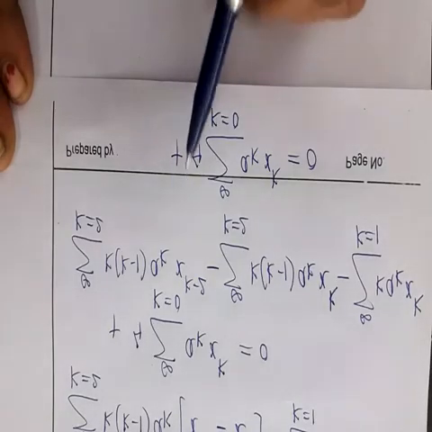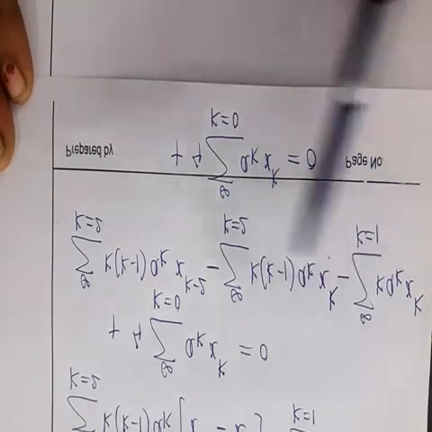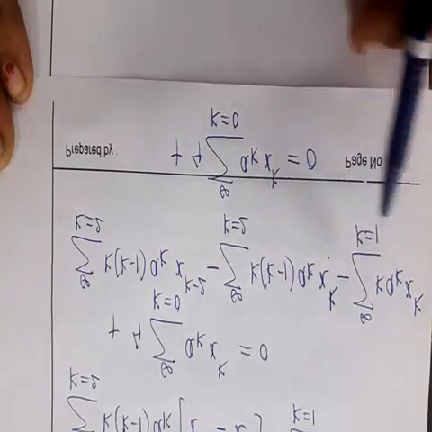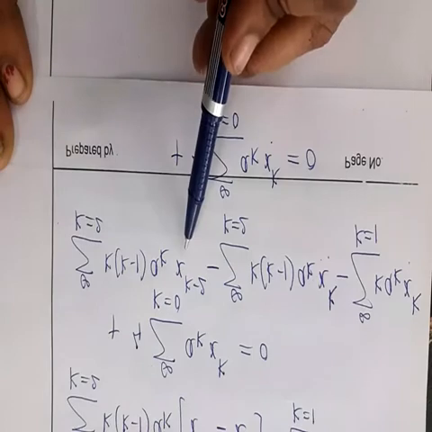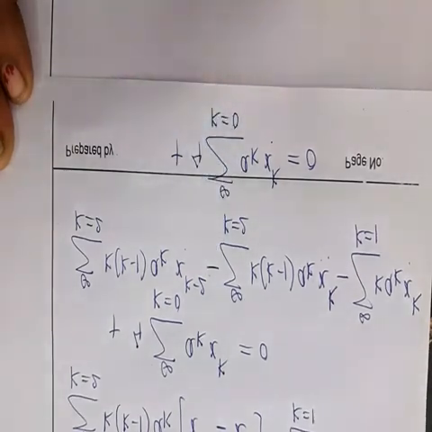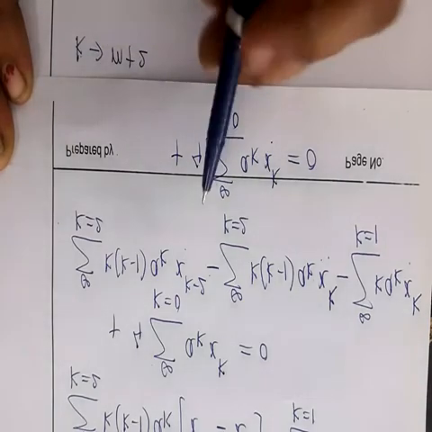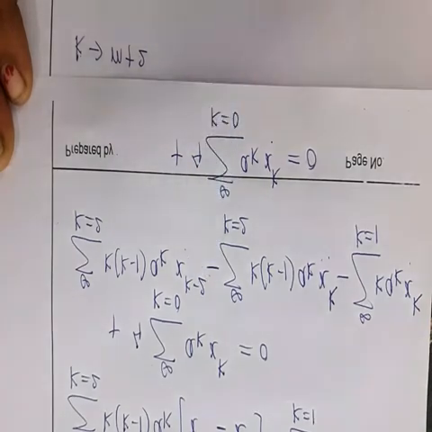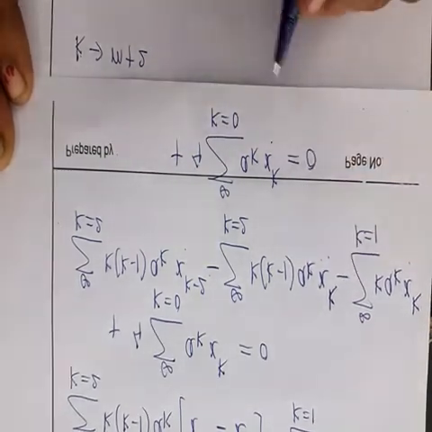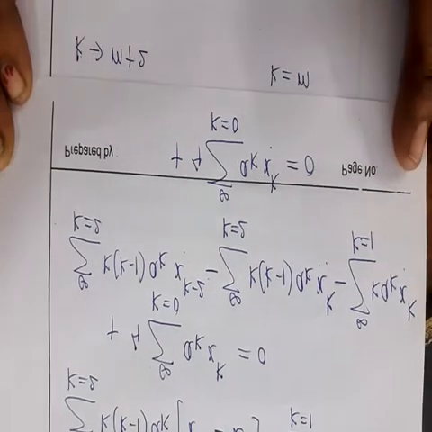Now the next step is to try to convert every power of x to the same one. Here we have x to the power k, x to the power k, x to the power k, so we try to convert this x to the power k minus 2 in terms of k. What will be the substitution? Replace k by m plus 2. If we replace k by m plus 2, it becomes m plus 2 minus 2, which is x to the power m. But the remaining k we replace by m only, because we want the remaining terms as they are.